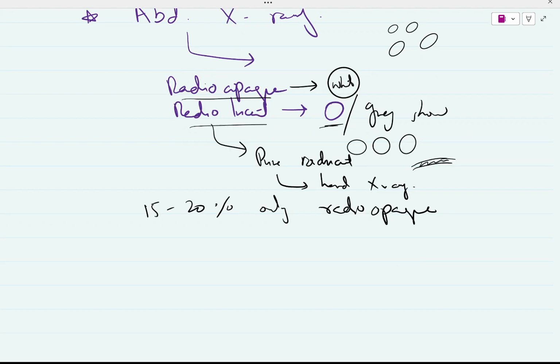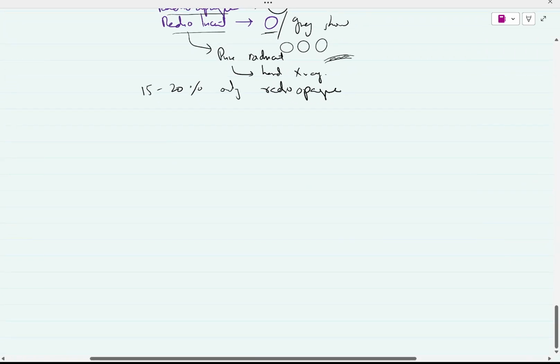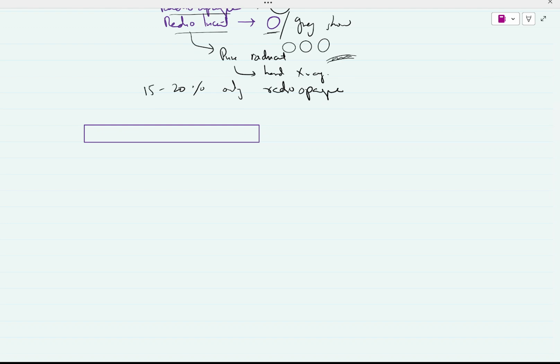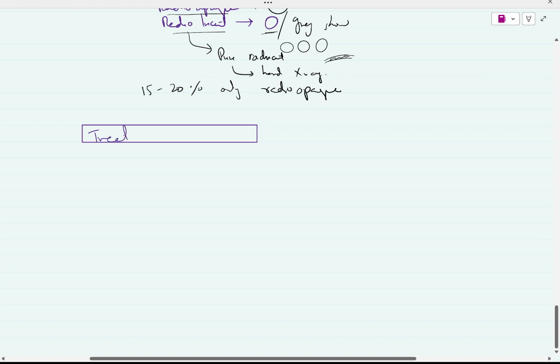So what is the treatment plan? There are three ways to treat such patients. The important point in our discussion is treatment. Next part is our differential diagnosis, and the next objective of our lecture is complications.